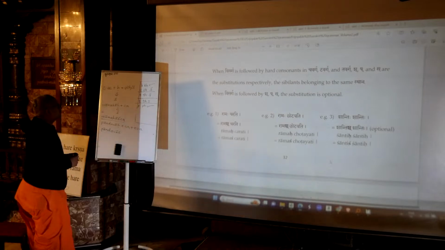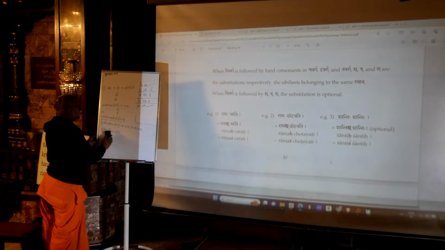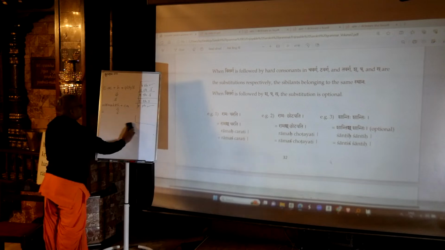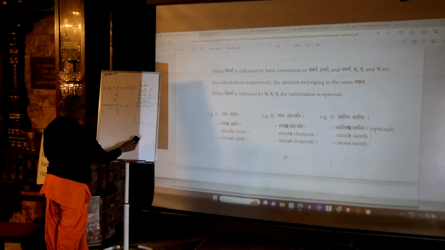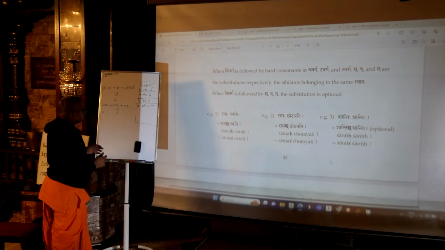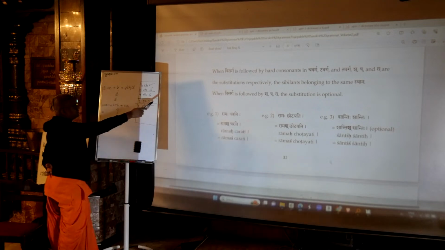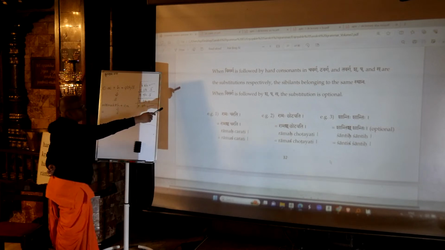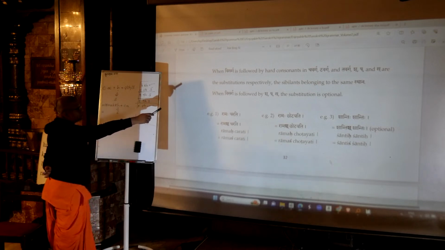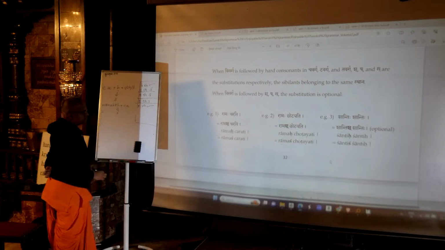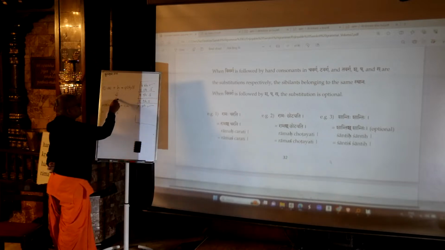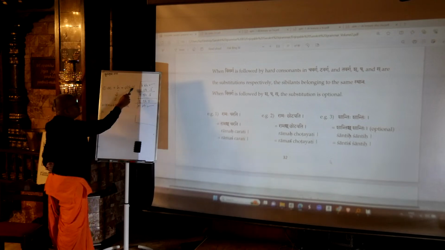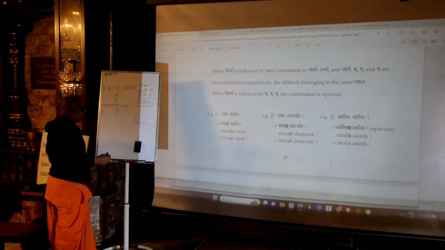Cha, Cha. Okay, now what happens only in case of Shakara? This Shakara is there, right? So, in case of Shakara, you can see that third line in the screen. When Visarga is followed by Shakara, the substitution is optional. So, we have seen this rule that it turns into Shakara, but especially out of this Shakara, then the substitution is optional, meaning you can have